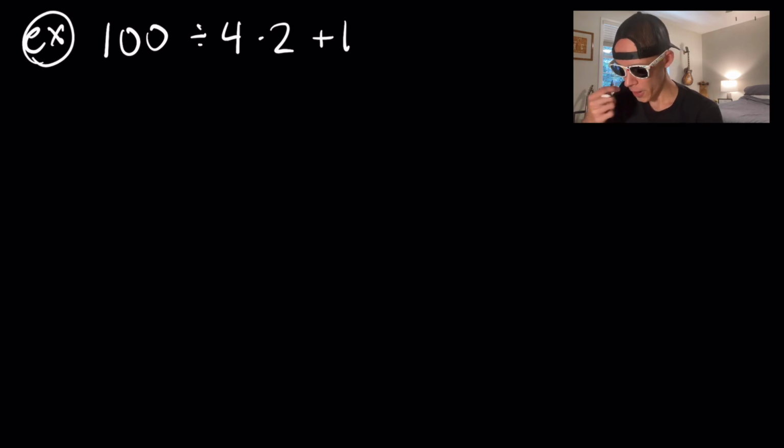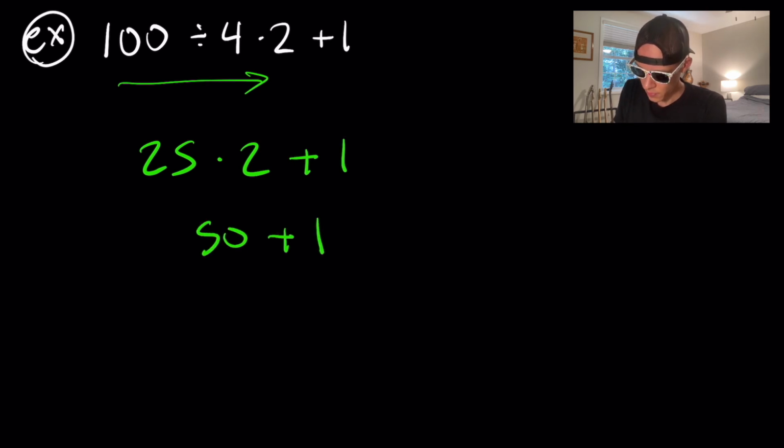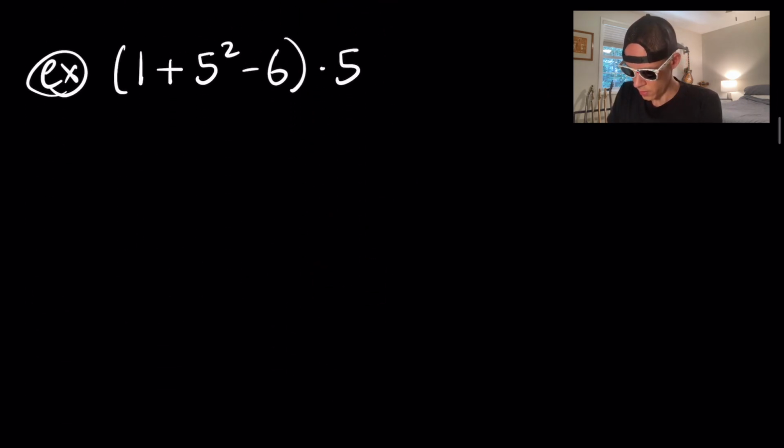Next, 100 divided by 4 times 2 plus 1. So no parentheses, no exponents. I do have division and multiplication, so I'll just go left to right on those. So 100 divided by 4 is 25, and then times 2 plus 1. 25 times 2 is 50, plus 1 is going to be 51. All right, next,